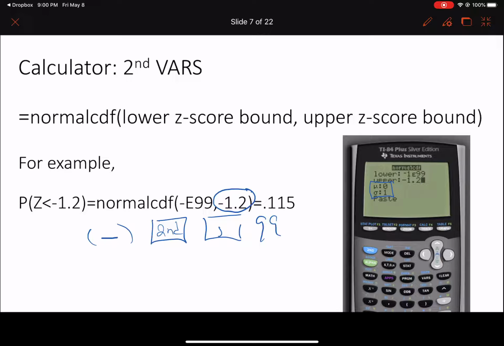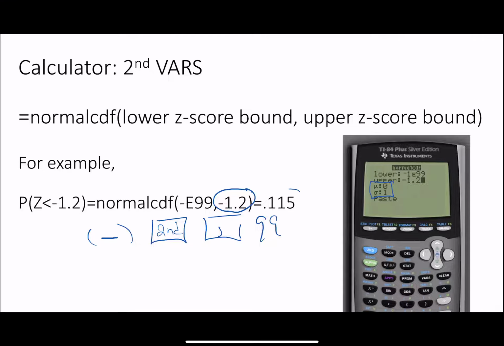When you are using z-scores, your standard deviation is always 1. Your mean is always 0. So once you put that into your calculator, you will get 0.115. So the area under the curve less than negative 1.2 is 0.115. All right,